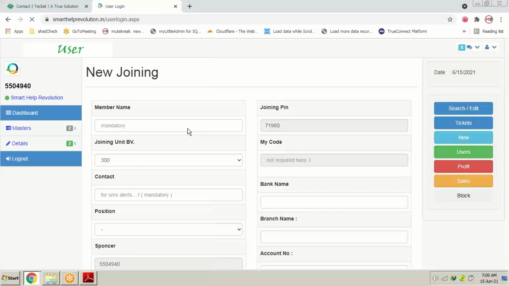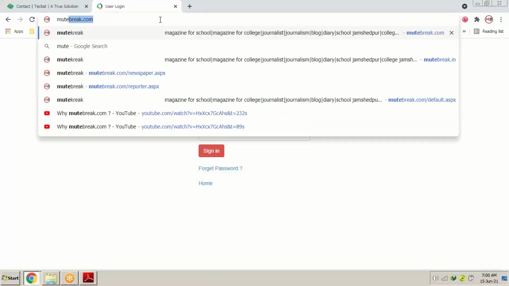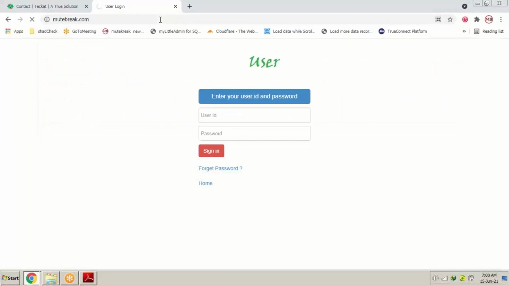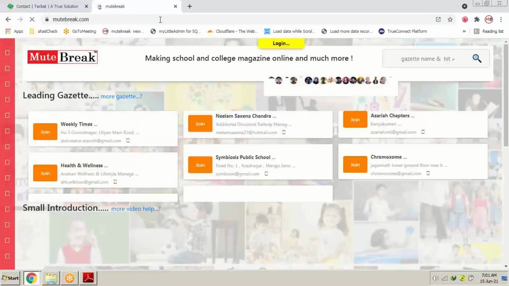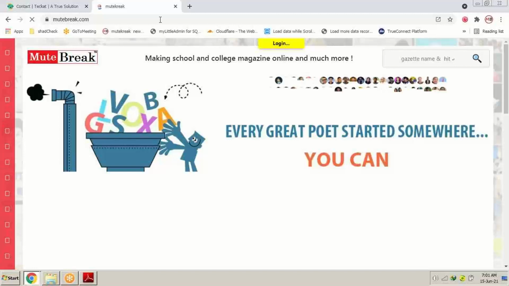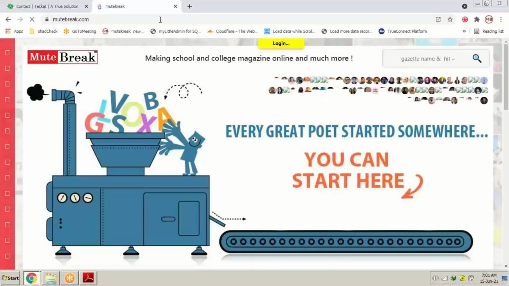Now I will tell you one more example, which is our product. You cannot call Facebook, LinkedIn, Twitter a website. It's a web application. Okay, it's social media. It comes under the media category. All the social media are web portals. All the social media are web applications, some way or the other.